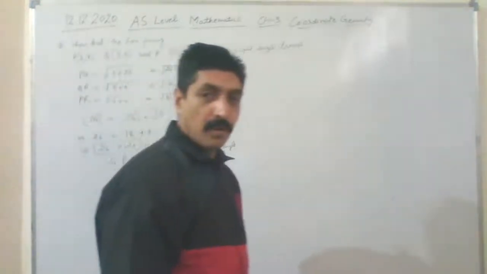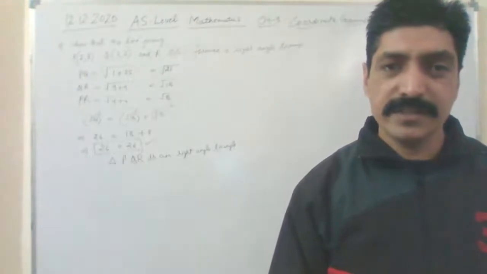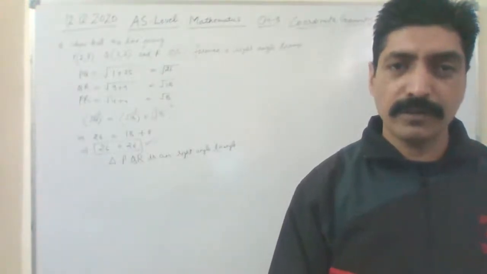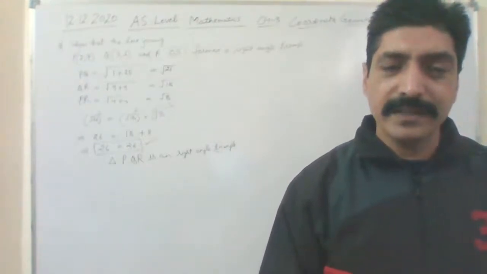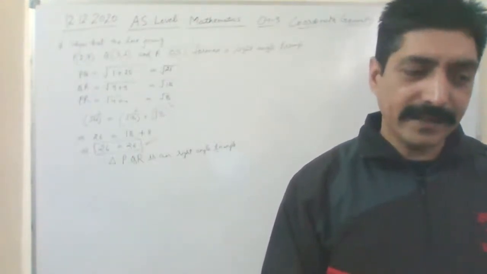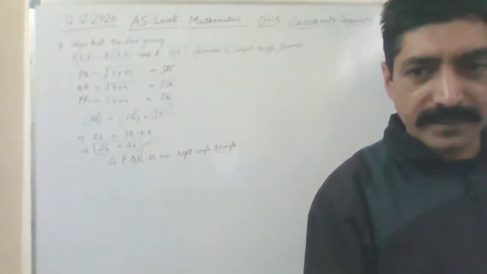So this is about the 3 points, given 3 points. When we plot the diagram on the Cartesian plane, we will find that the triangle is a right angle triangle, right? So next one,